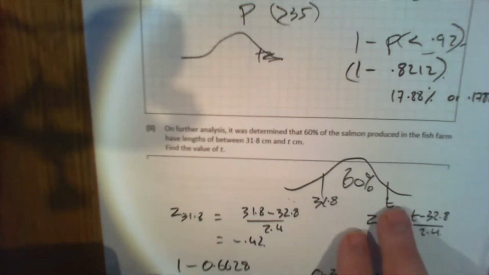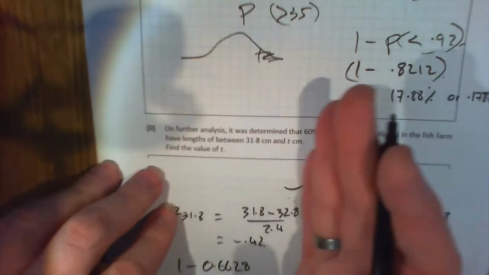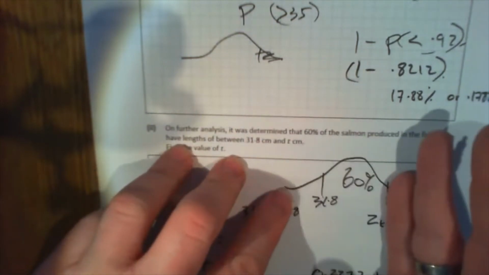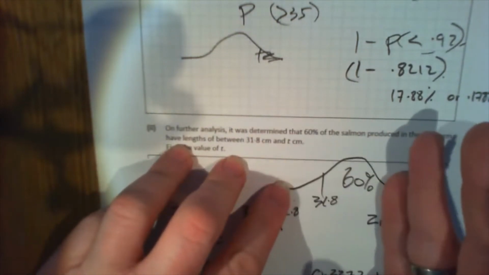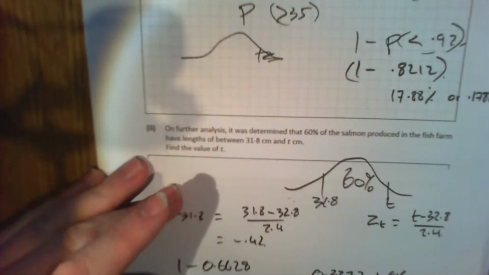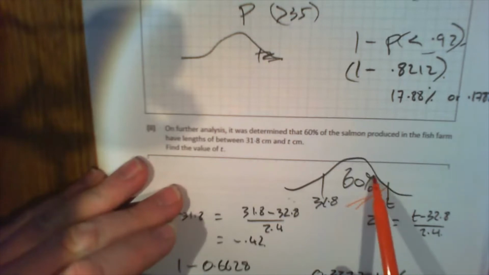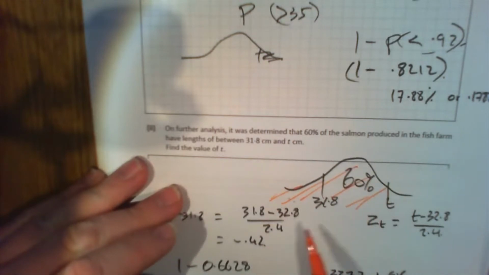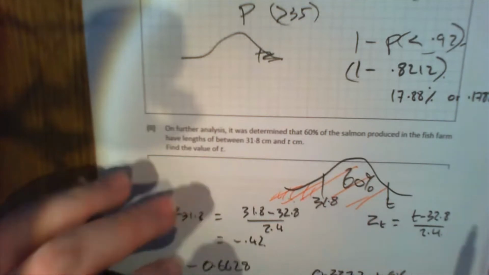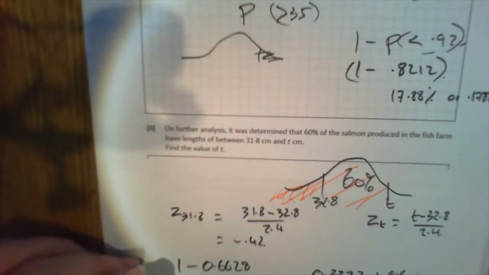Okay, because to get the t-value, you take t, which is the whole way back. So to add them together, you must get the full amount. Does that make sense to you? So watch. This plus this must be all the way back. I just worked out this way back, but I know it's 60% between the two of them. So add them together is